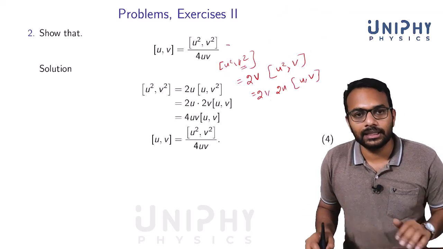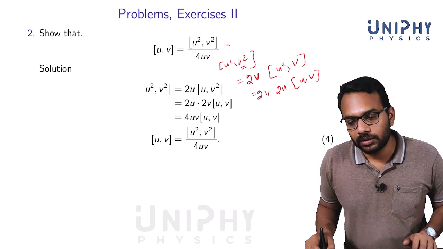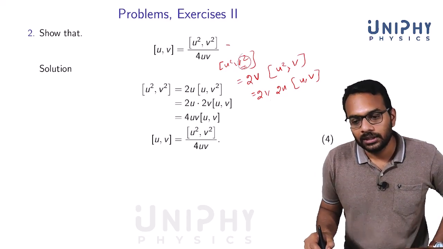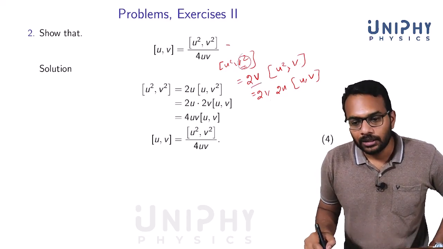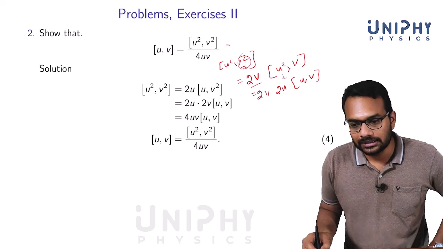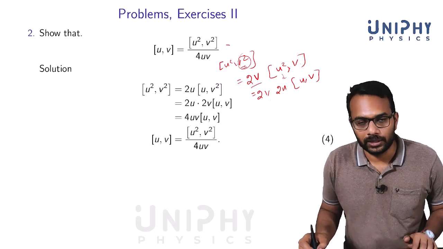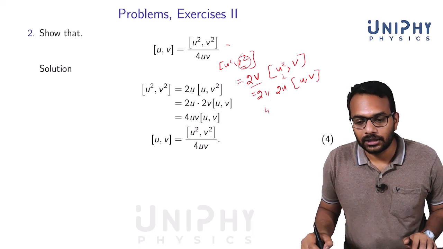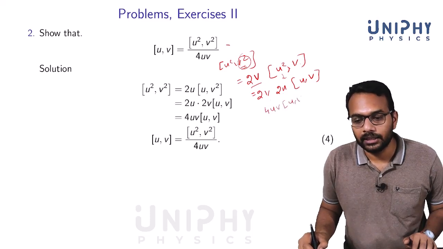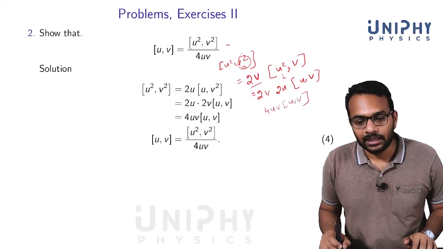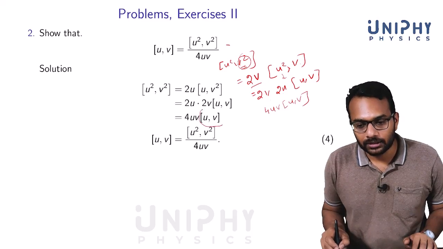I apologize. So you have got {u², v²}. You first consider this term, so it's 2v{u², v}, and then this is simply 2u multiplied by {u, v}. So it's actually 4uv multiplied by {u, v},